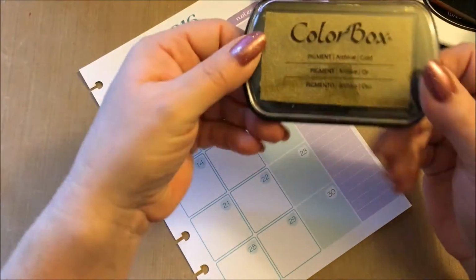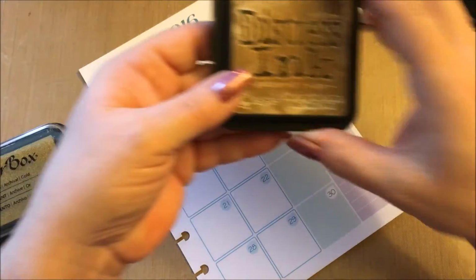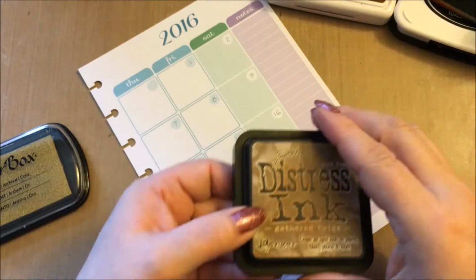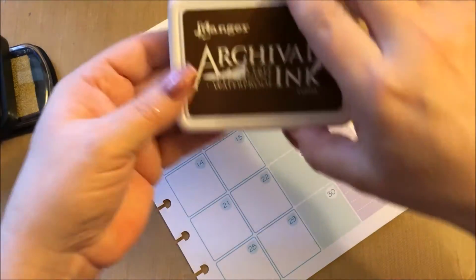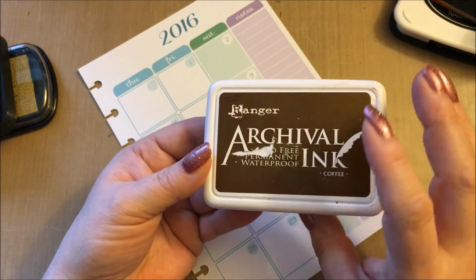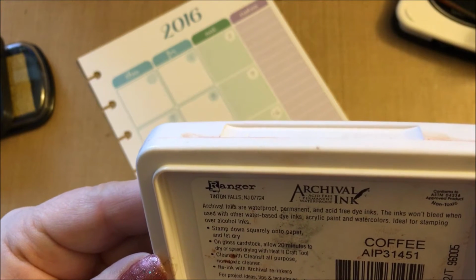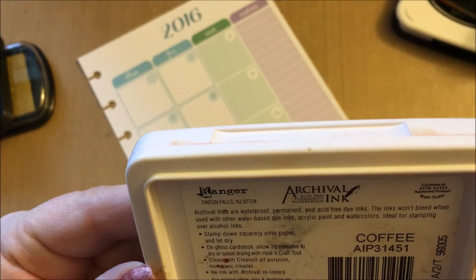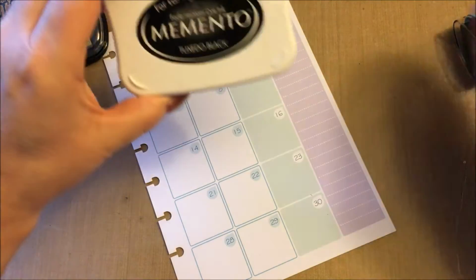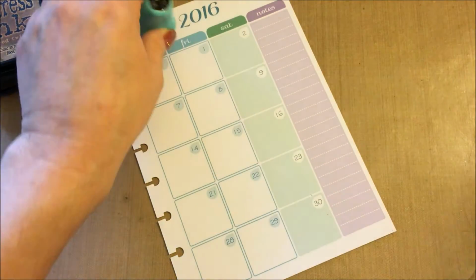One, we have pigment ink, supposed to sit on the top of the paper and not bleed through. We have distressed ink, which is a water-based ink, and what does water do? Seeps into things. We also have permanent ink that are waterproof. These are archival inks from Ranger, and yeah, they're acid-free dye inks. So we'll see what that does. We also have the Memento ink, which I believe is a dye ink, a chalk ink,